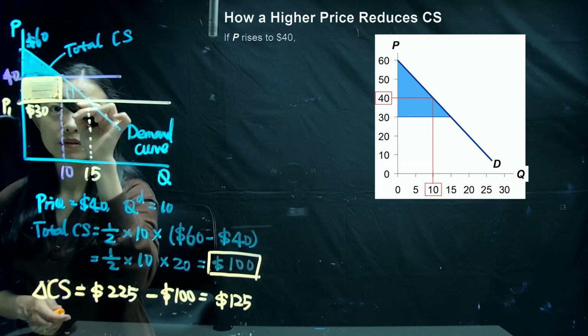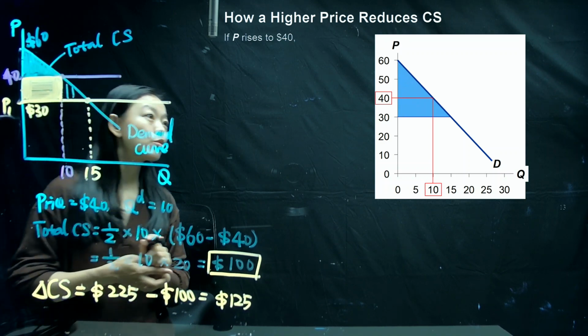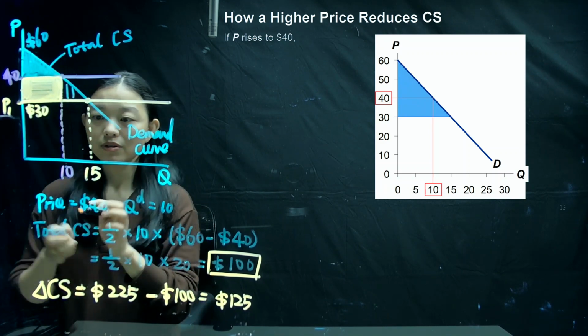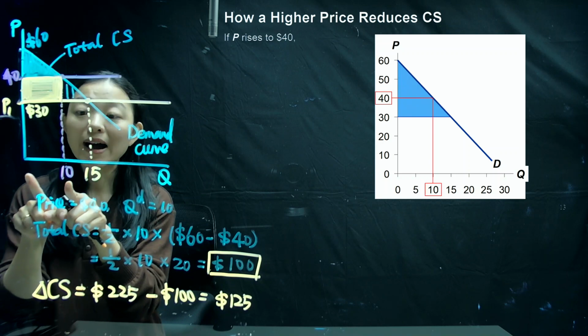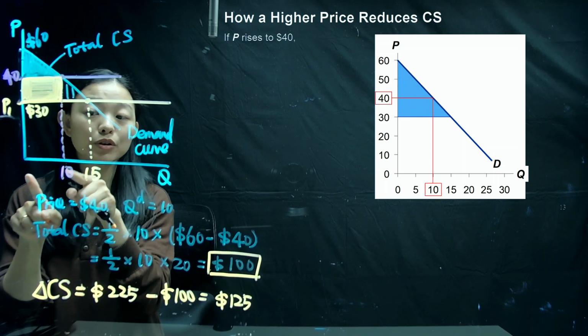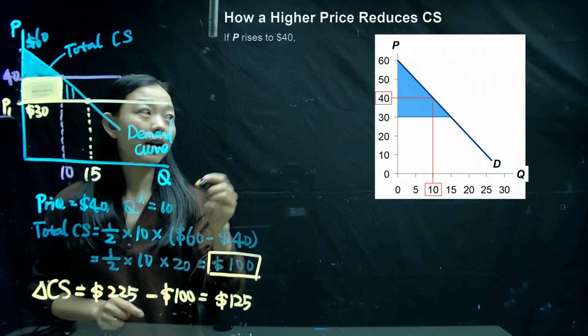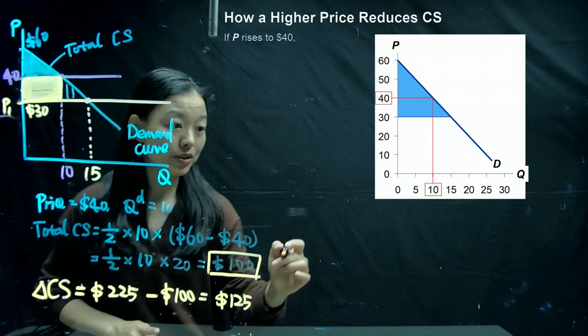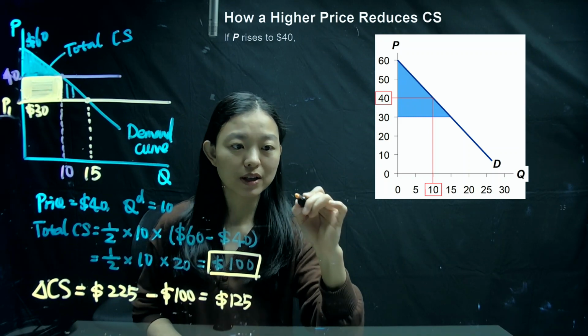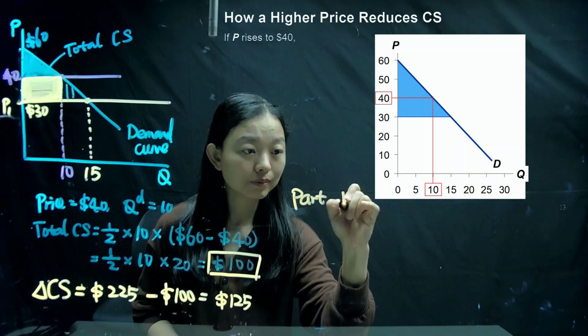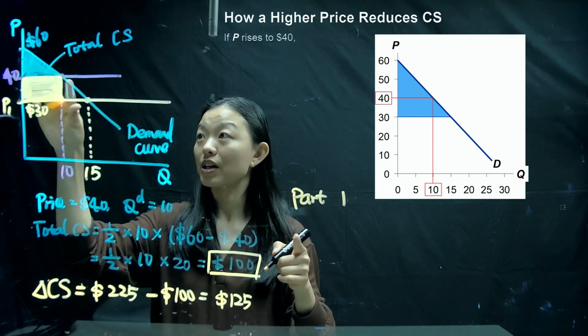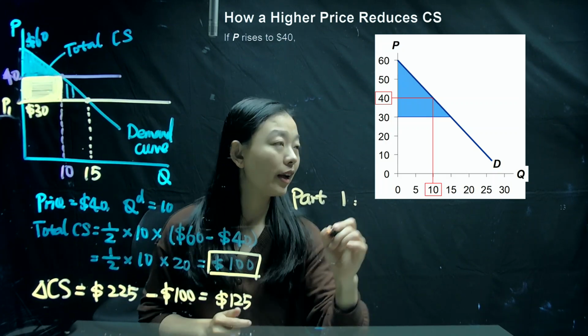This rectangle actually measures the buyers who still purchase this product, who need to pay a higher price. So here we divide it into two parts. Part one is just the rectangle here